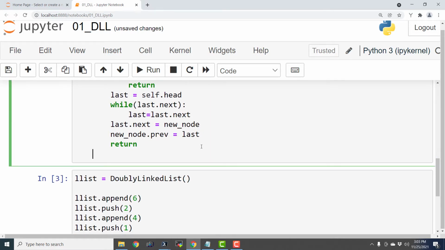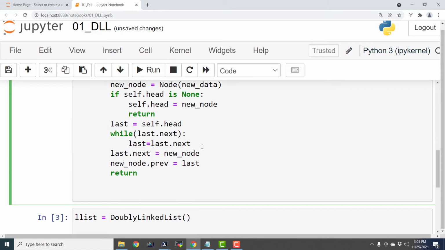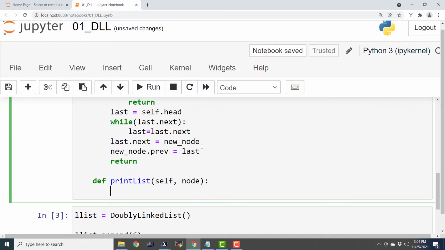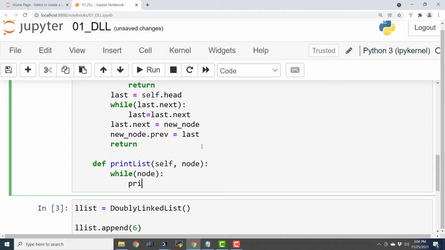We are going to define it as a member of the class DoublyLinkedList, and let us say def print_list(self, node), and while that node is not null, it means that we are just going to print node.data.